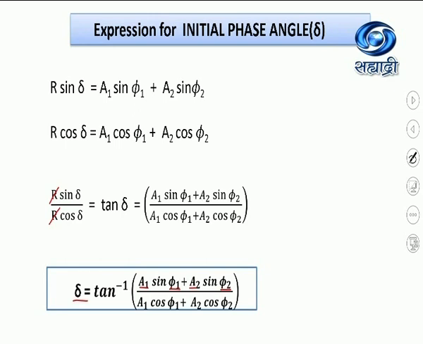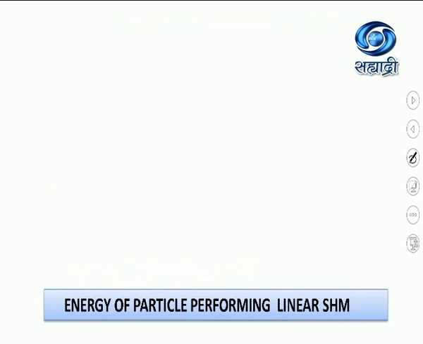So in this way, we have discussed how a single particle is subjected to two linear SHMs of the same periodic time and taking place along the same path, and we derived the expression for the resultant amplitude R and the resultant initial phase angle delta. The next topic to be discussed is the expression for the total energy of a particle performing linear